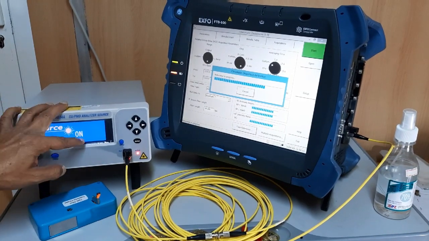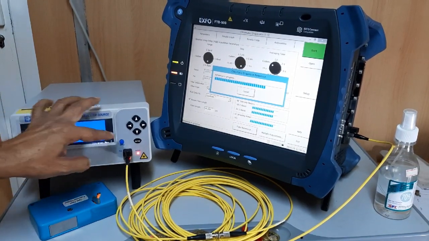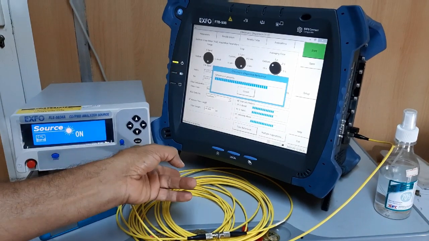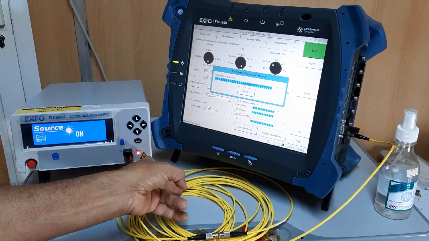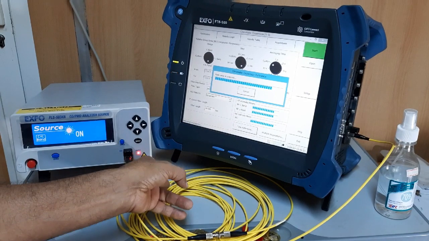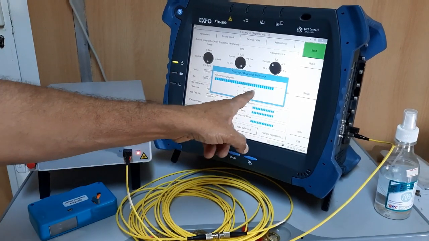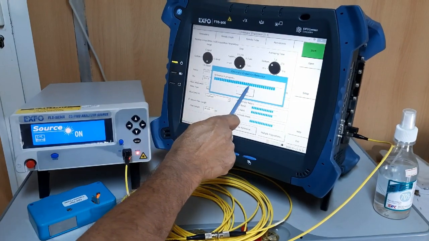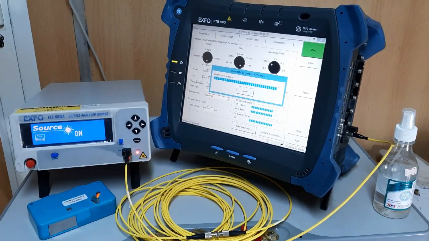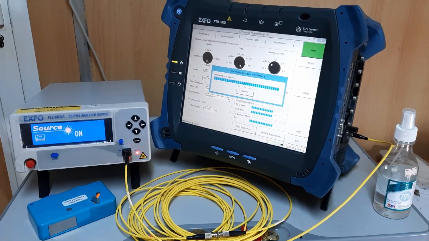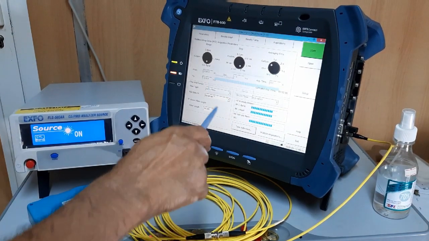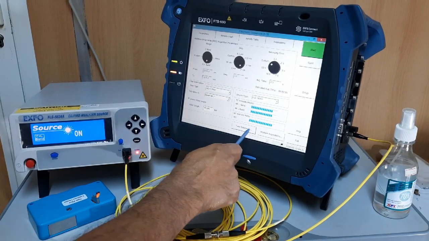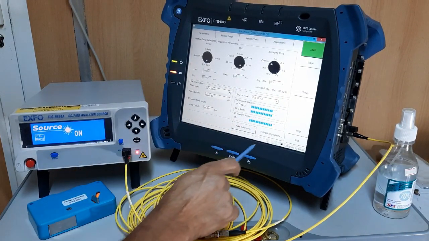So now it is on. In the on position, the laser is on. Now the indicator is also here. See, the warning sign is there, and now this progress, the referencing is under progress. Now it will take a few seconds. Okay, so now the referencing is over. The CD referencing is over.